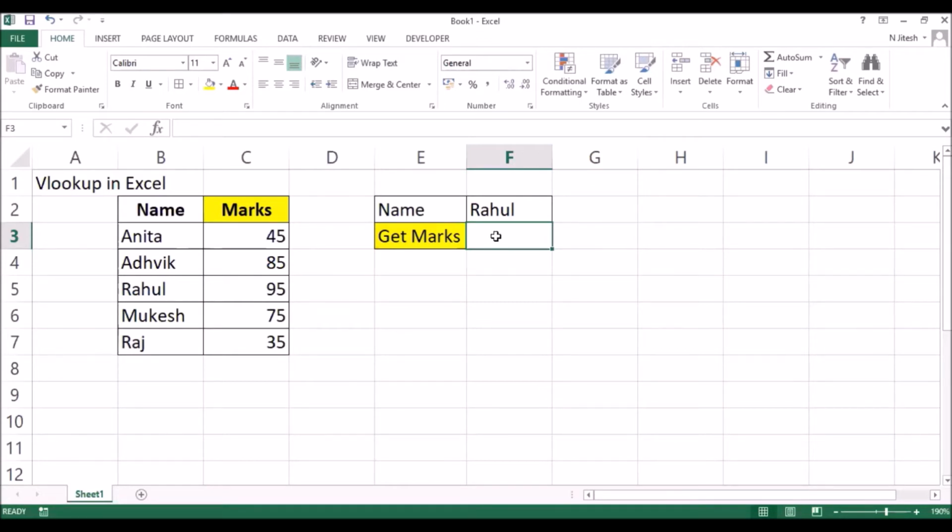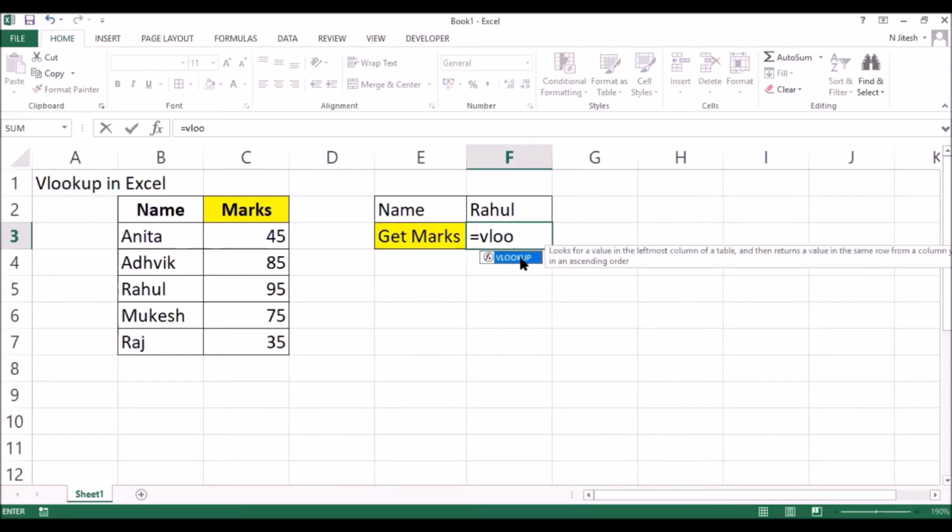We know in Excel that whenever we start a function, we use equal to and write the name of the function. Here it's VLOOKUP. You can see the drop down has come. Now if you see here, there are 4 arguments. What you see as a tooltip here is basically the arguments. The first argument is lookup value.